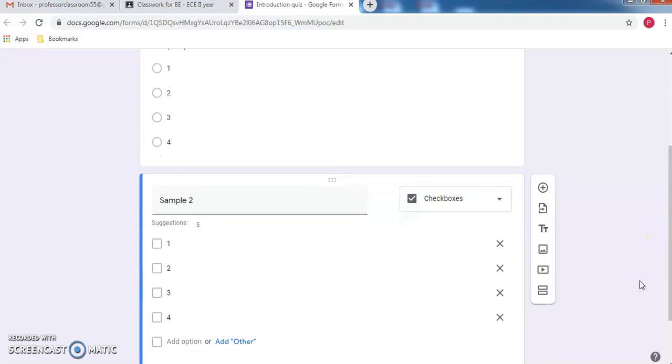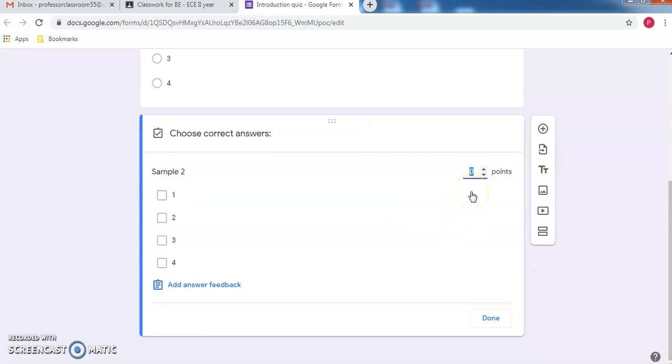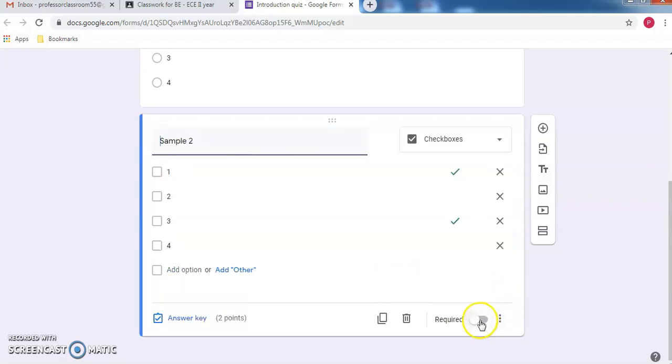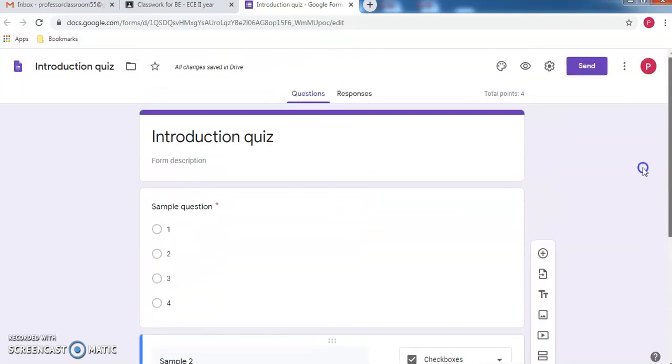Okay. So add answer key. Points as 2 points. So answer is 1 and 3 is the correct answer. Right. Again, this is a mandatory question, so I will click on required. Okay. So we have defined the quiz now.